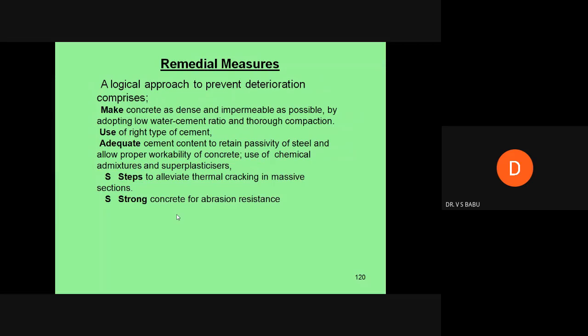Such as top surfaces, especially concrete pavements. Suppose road rollers, military tankers, and steel or iron wheel bullock carts, etc., are traveling on the road surface. What happens? The top surface of the aggregate or concrete will deteriorate. As a remedial measure, you have to select abrasion resistant concrete, that means both in the aggregate as well as the cement paste.